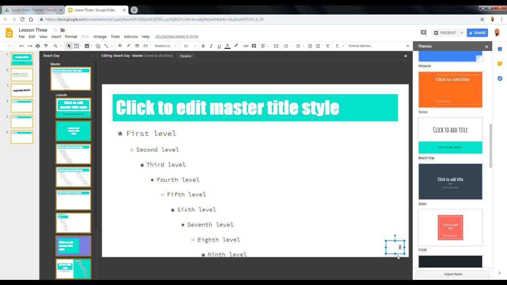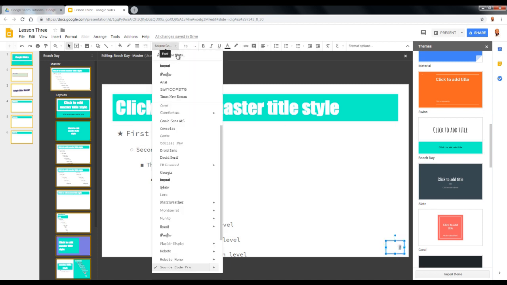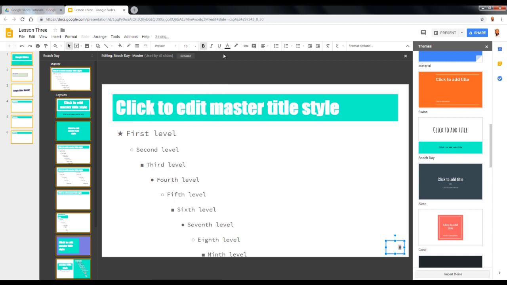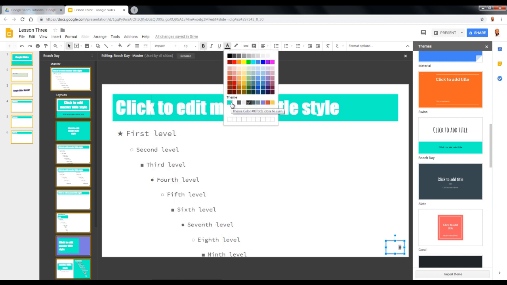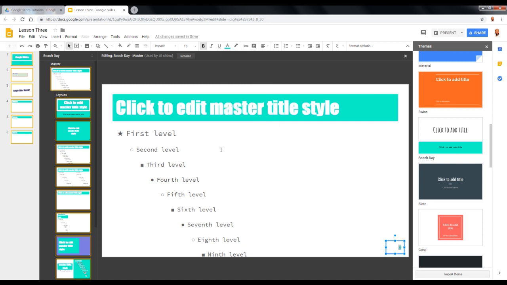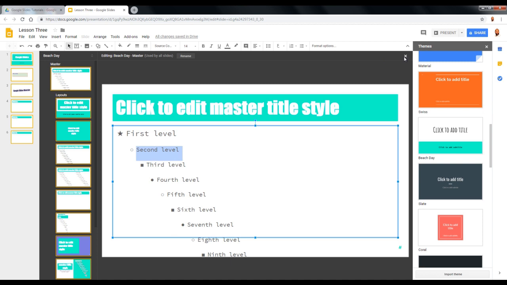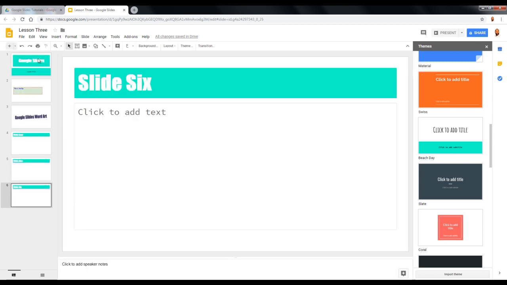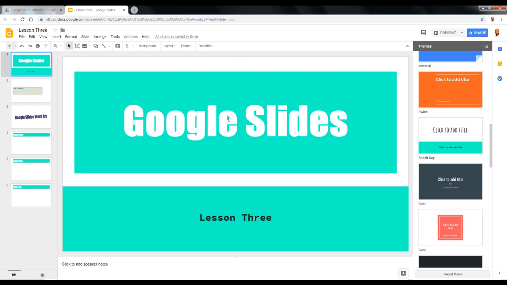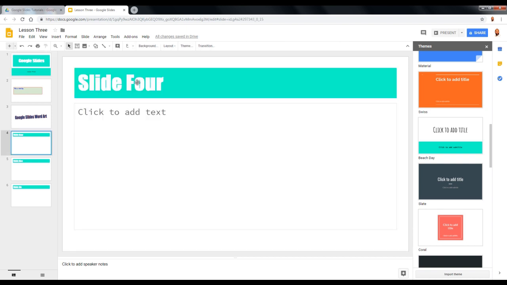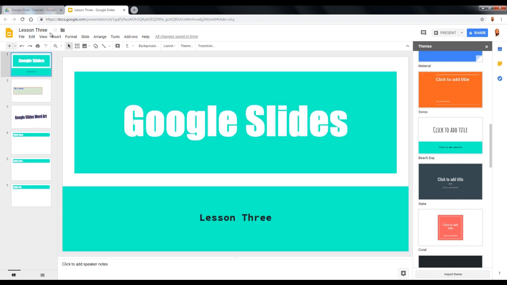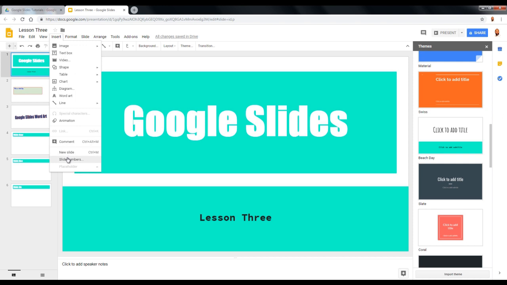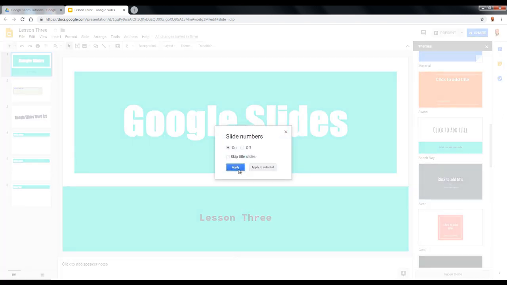So if I come here and I say, for example, impact, then bold, and I give it this color. And now if I exit out, you can see here, this is my slide. The title slide is using impact 80, and here it's using the impact font. Okay, now if I insert numbers and I say apply,